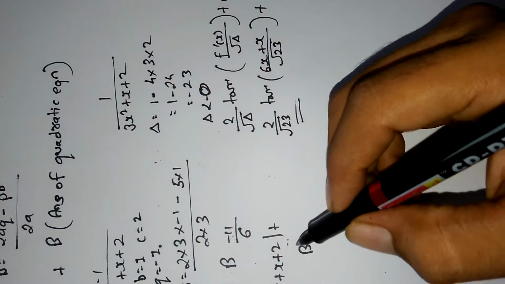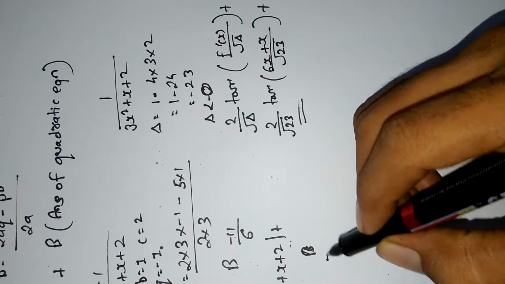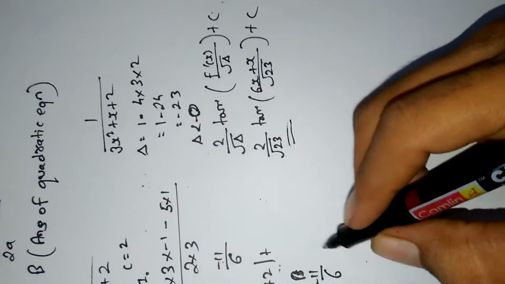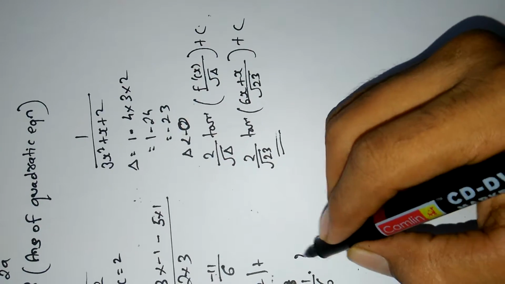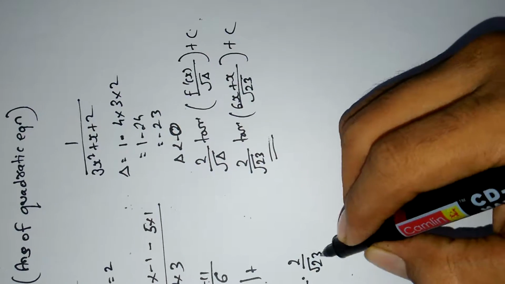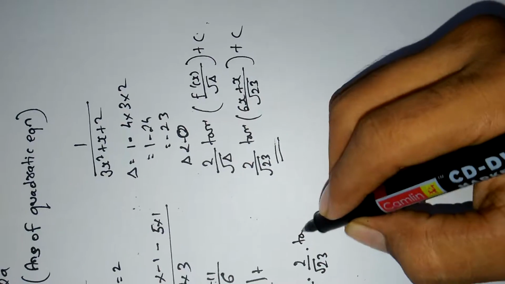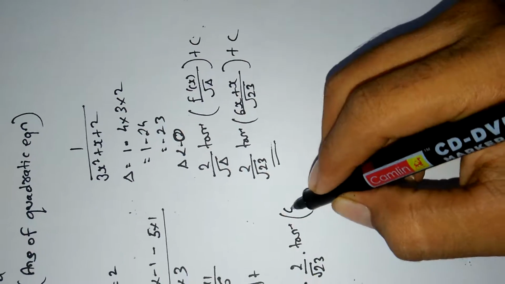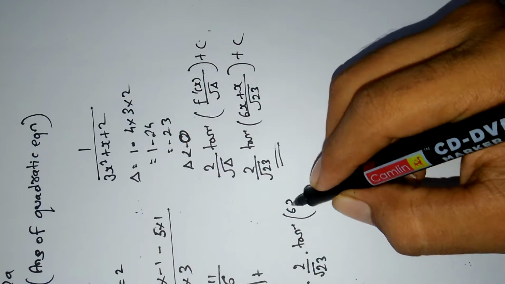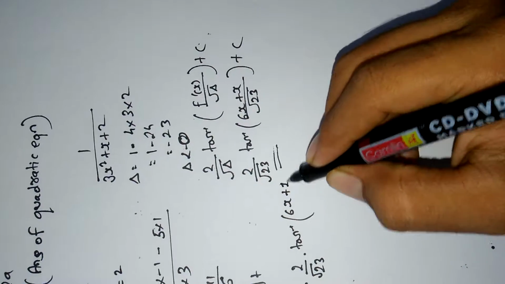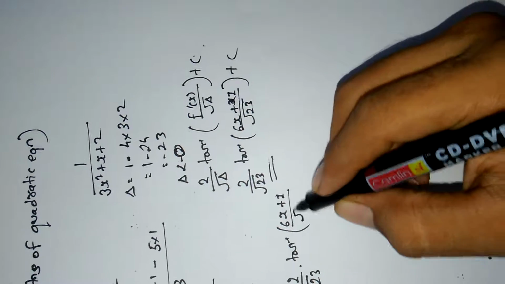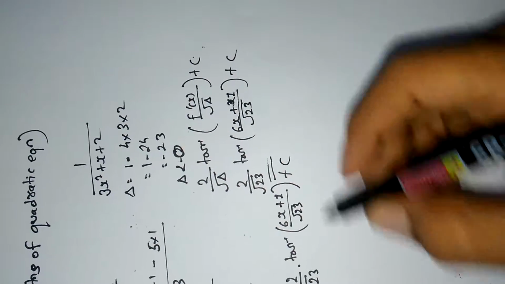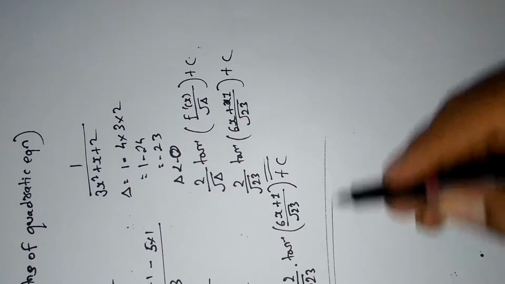So the value of b is minus 11 upon 6, into our answer, which is 2 upon under root 23 into tan inverse of 6x plus 1 upon under root 23, plus c, and that's it. This is your final answer